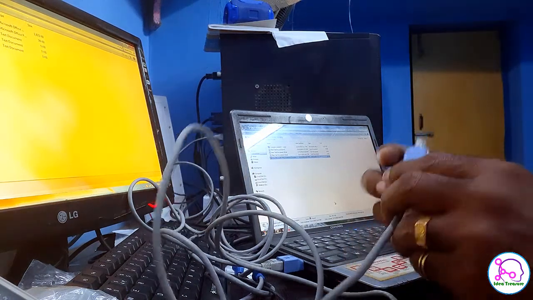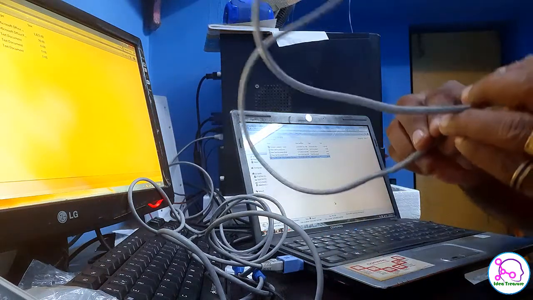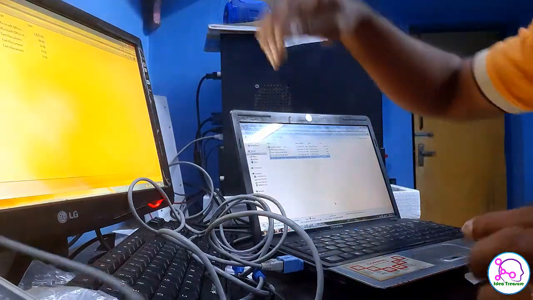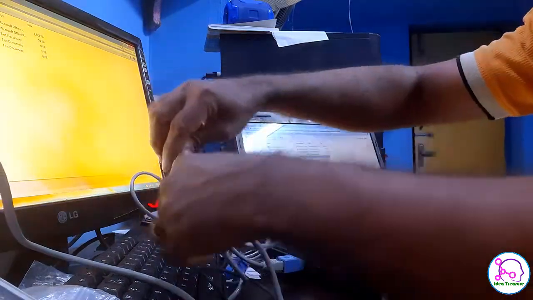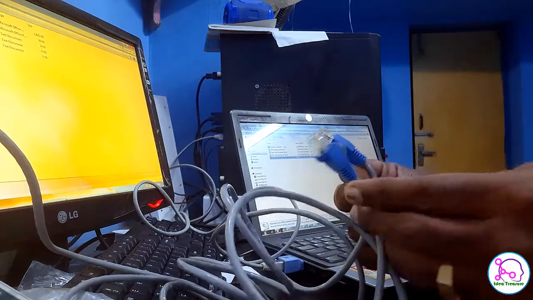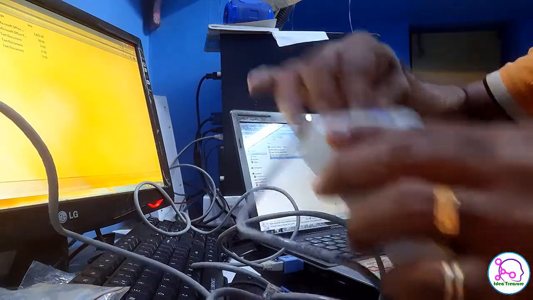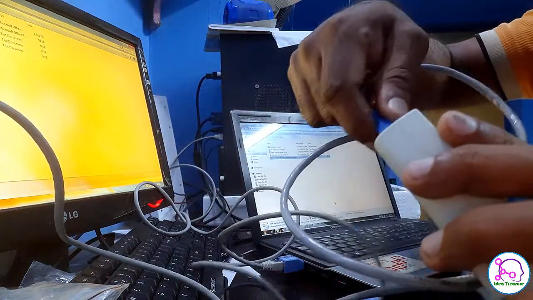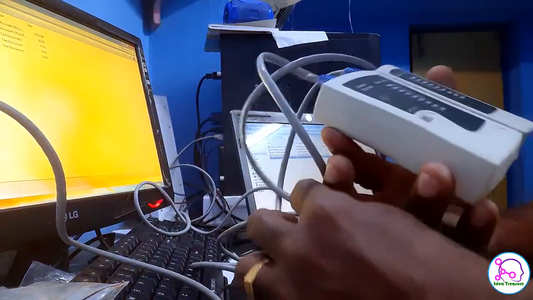Okay, the second thing I wanted to show you is that when you have the crossover cable, you can simply convert that into a straight cable. I'm going to show you that as well. Yes, so these are the blue color tabs, blue color boards. This is the crossover cable. Let me show you. I have not added the adapter at this moment, so I'm going to show you the cable type directly using this meter checker tester.